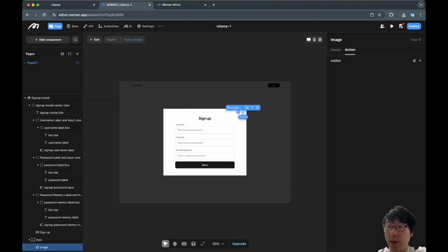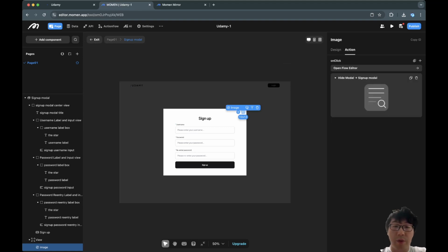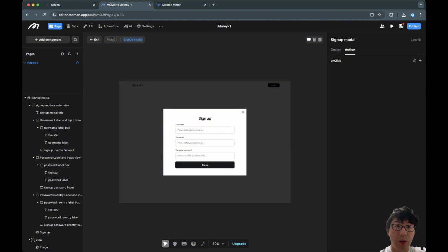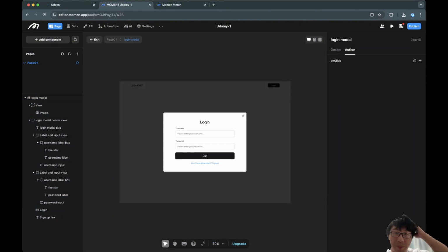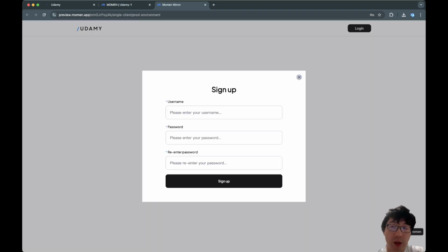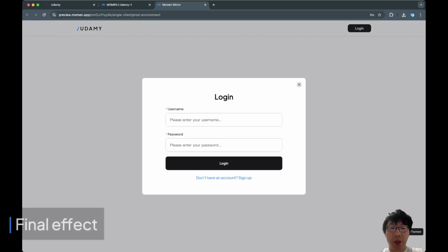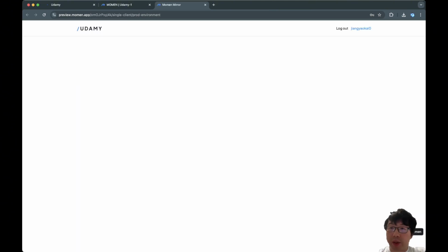And also we want this to be hiding things. So hide modal. And for the previous one, we also want this to, okay, this one's hiding the modal. So that's good. Let's try that out. Click on this, dismissed. And once I click on that, it also hides. Okay, so that's good. So now let's try logging in with something wrong. It should say login failed. And if I use the correct password and username, I'll be logged in, and you can see the